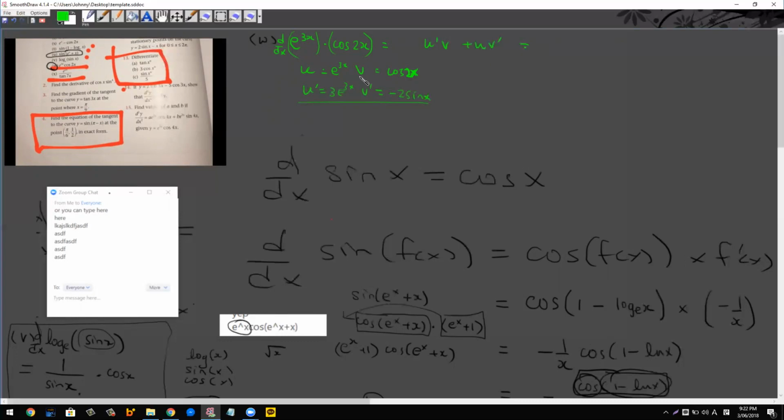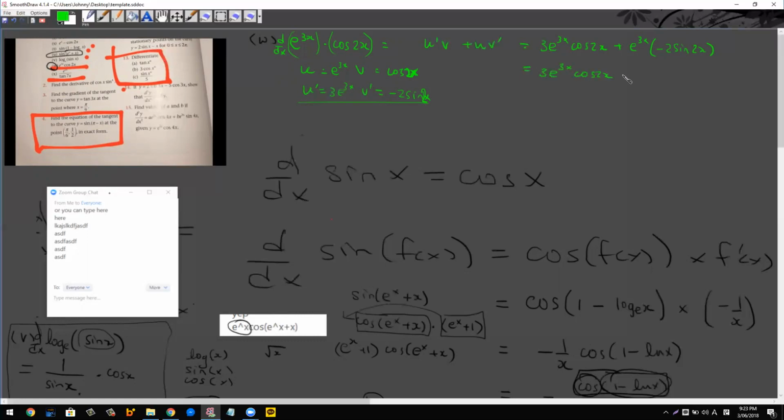So all you've got to do is just plug them in. So this is 3e 3x there, and then V is cosine 2x, right? Yeah. And then plus U is equal to e to the power of 3x, and V dash is equal to times by -2 sine, it's actually sine of 2x here, sorry. Sorry, where? Here. Sine of, yeah, that's right. I was missing 2 there. So therefore, you can rearrange and simplify this as,